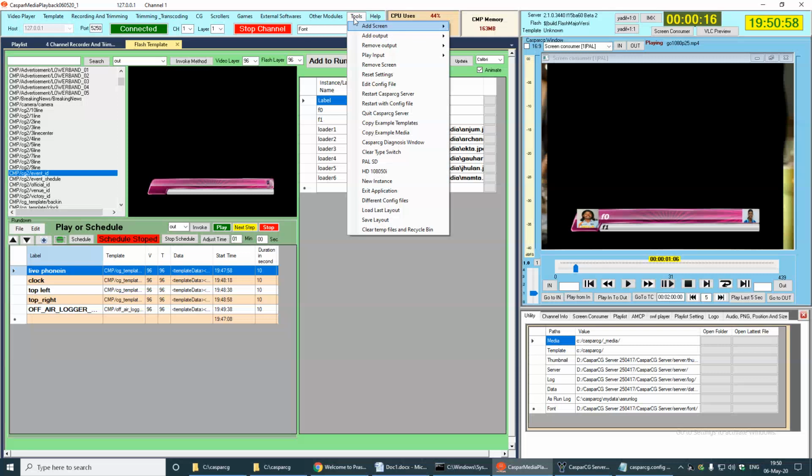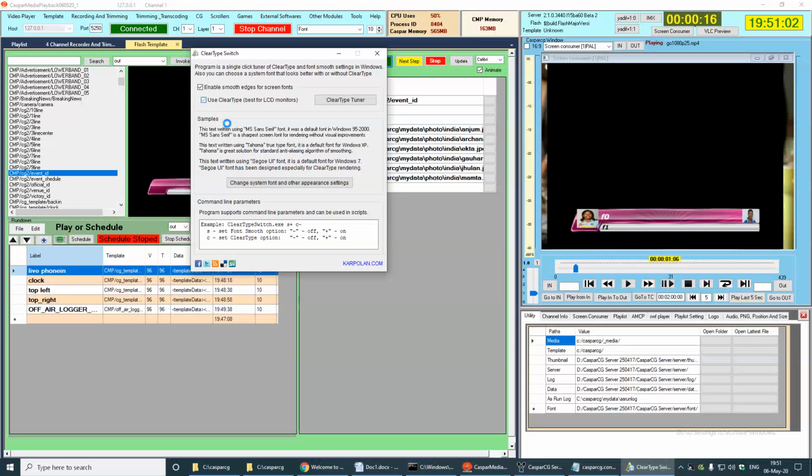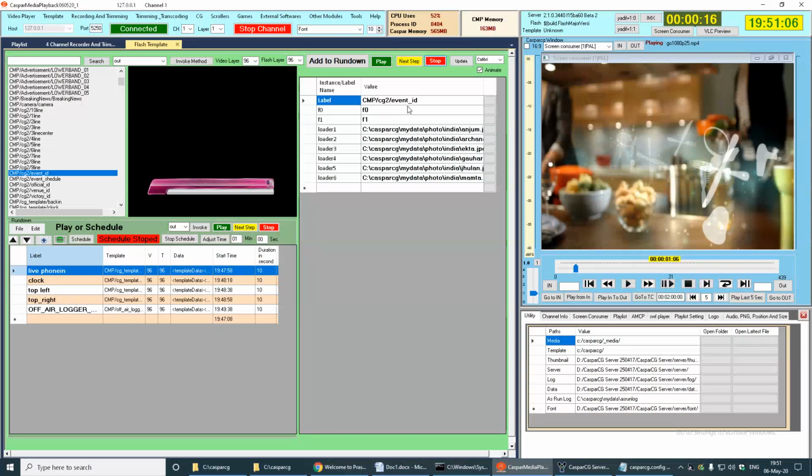In that case, you have to go to clear type switch and clear this checkbox and stop and then play. By default your computer does not have that switch cleared, and when you play the flash template you will get a black window.